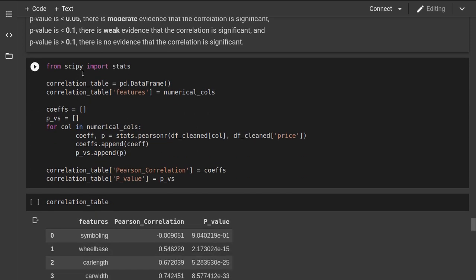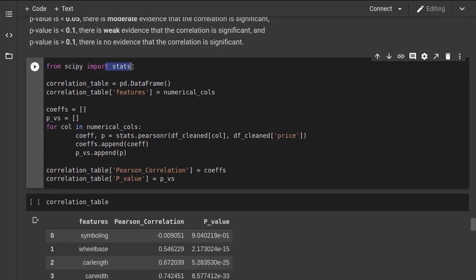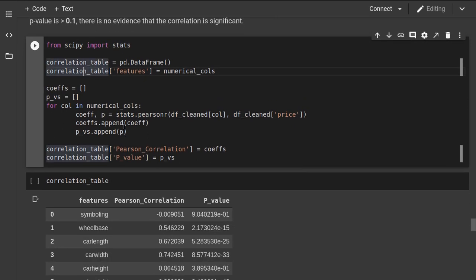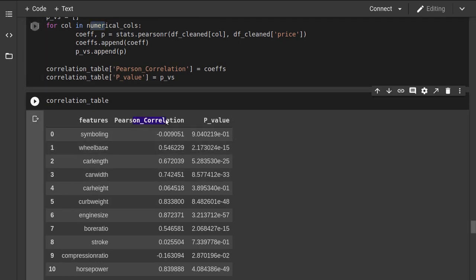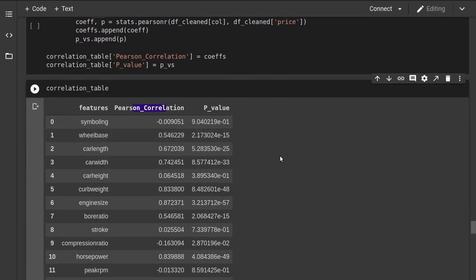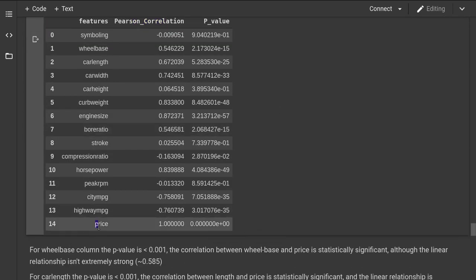So I used the SciPy stats module to get the Pearson R method, to get the Pearson correlation coefficient for each and every column with the price column. I looped over all my numerical columns, and I created this data frame which has correlation and p-value for each and every column according to the price column.